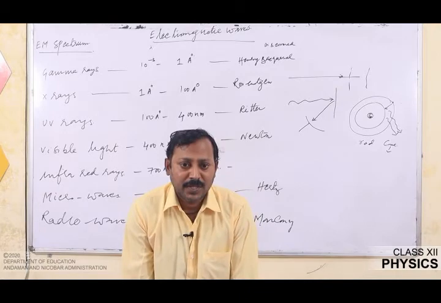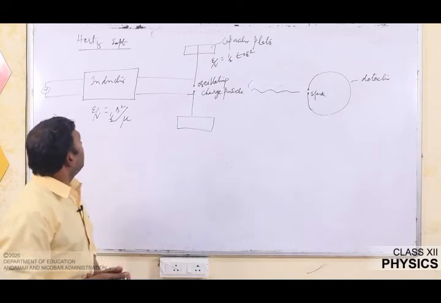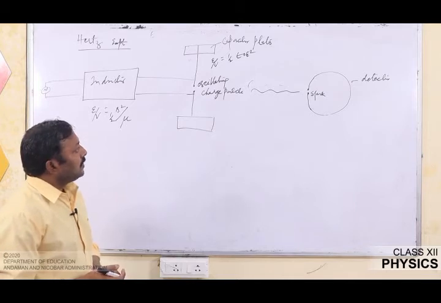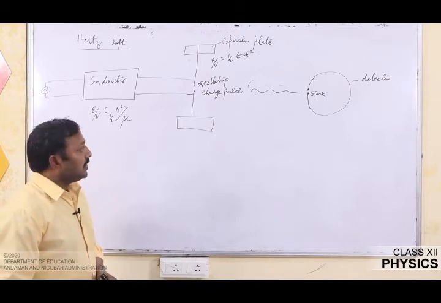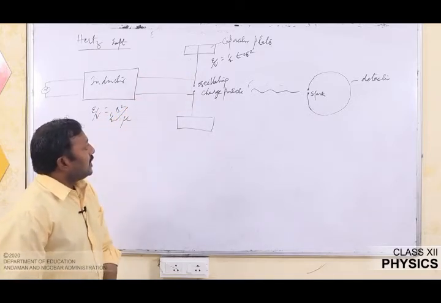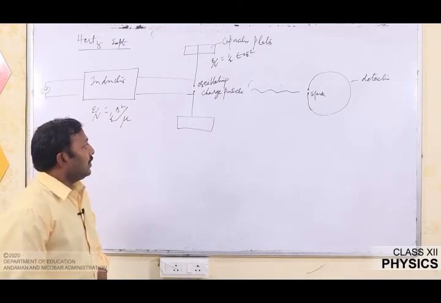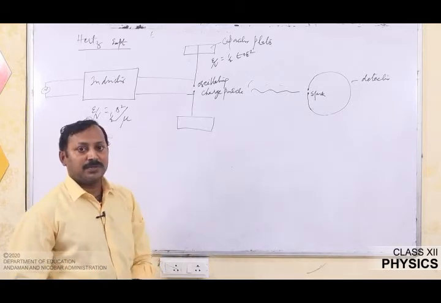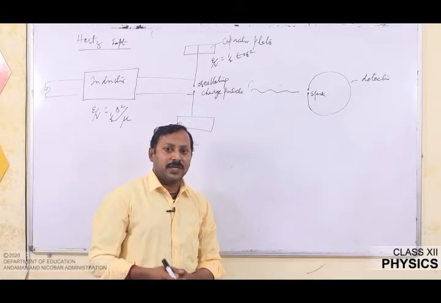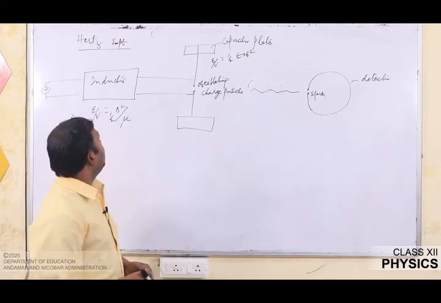So, next we have the Hertz experiment. Here I have shown the picture which includes the circuit diagram that was used by Hertz in order to identify the production of electromagnetic waves. The instrument consists of an inductor as well as a capacitor. Maxwell theoretically gave the idea that electromagnetic waves are emitted due to accelerating charged particles, produced due to the interaction of oscillating electric and oscillating magnetic fields. Through his 4 equations he explained this. That explanation was experimentally confirmed by the Hertz experiment.